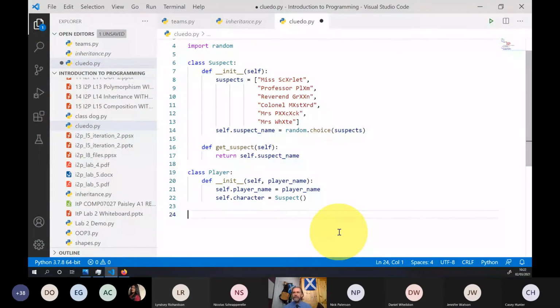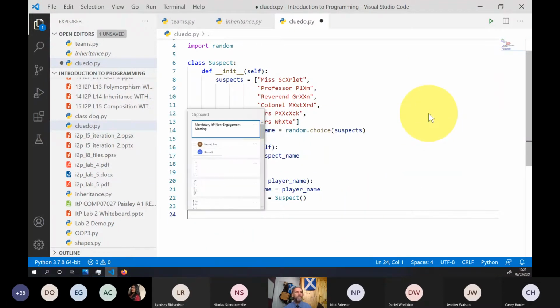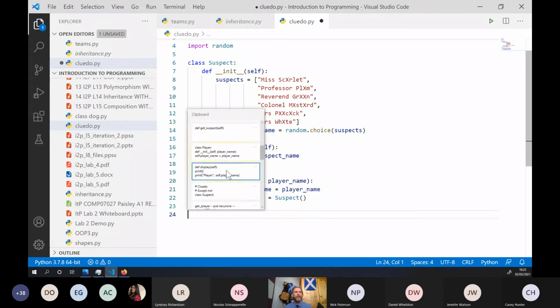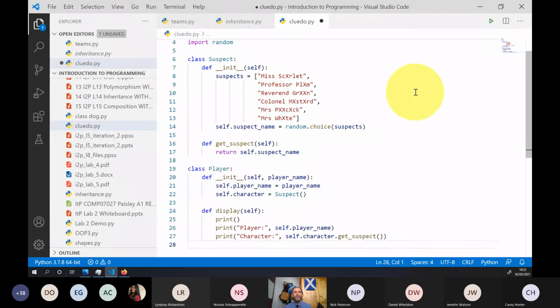Now that suggests that because we've included the suspect class, everything that we've got in here, like suspect name and the get suspect method, are all available via player as well. So let's finish building this class for player. I'll just chuck in a quick display.